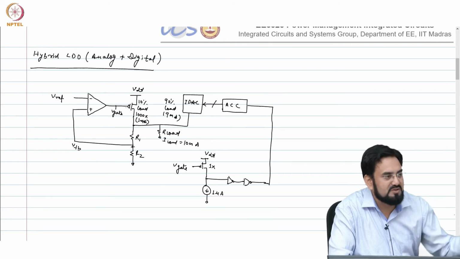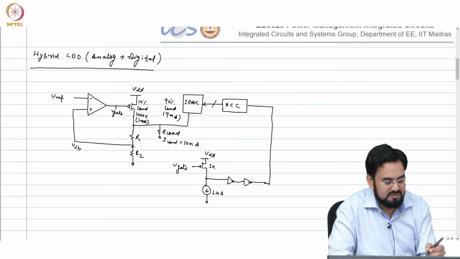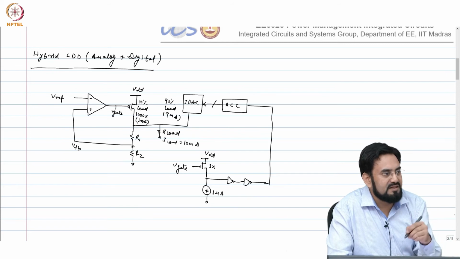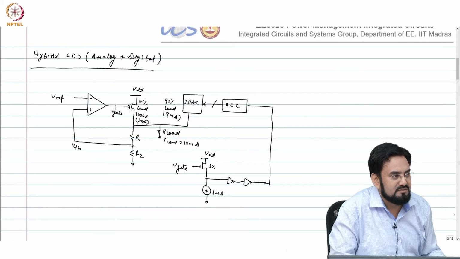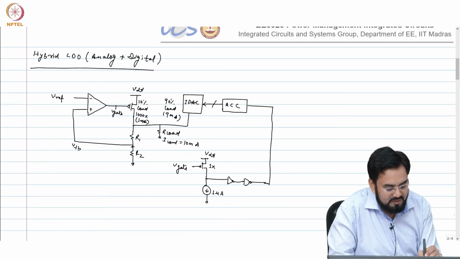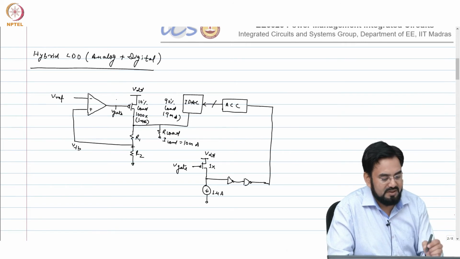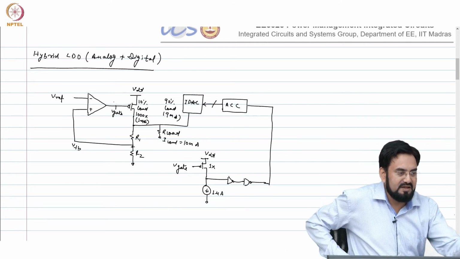So it can draw the maximum possible current it can, and then it will be defined by your, so gate is also 0 and drain is also 0. So it will look like a diode connected device connected to the ground. So it is in the saturation, it is not in linear. It will go in linear if your output is maintained and you keep increasing the current. So there will be a point where it is possible that your gate VGS will go very high compared to your VDS. So it will enter in the triode region.